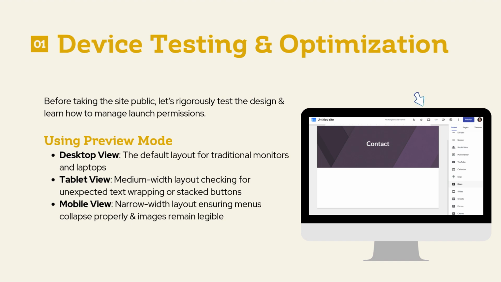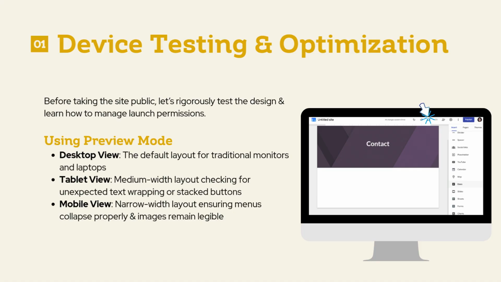Google Sites makes this very easy to check before we go live by using the Preview Mode icon, which looks like a small computer and phone icon combined at the upper right corner. When clicking it, a control bar will appear at the bottom right of your screen, allowing you to cycle through 3 distinct views. Desktop view, the default layout for building on the desktop monitors and laptops with the widest view